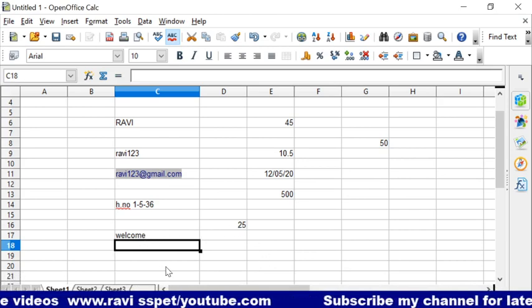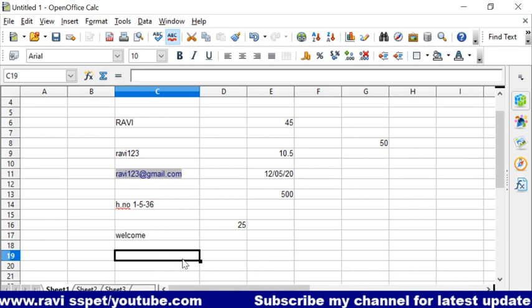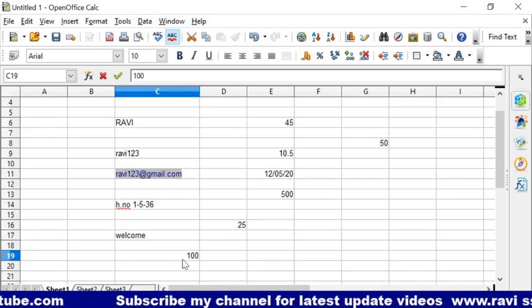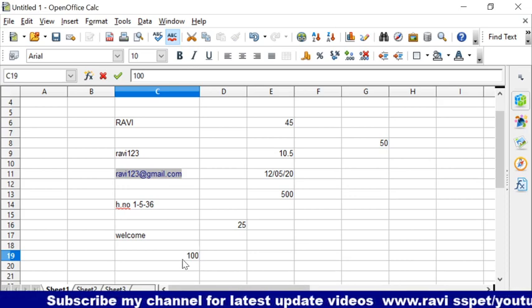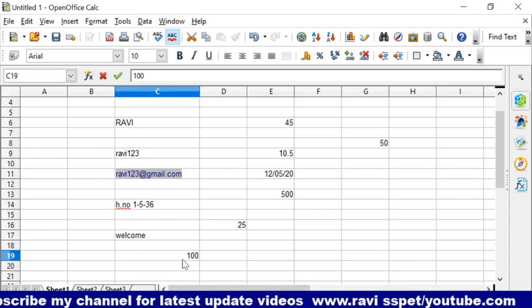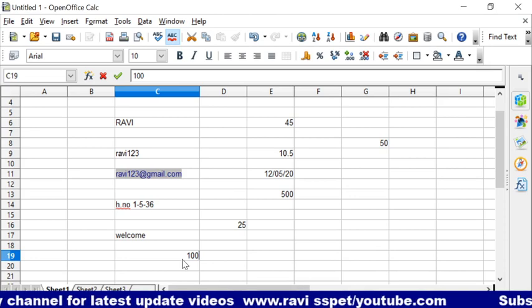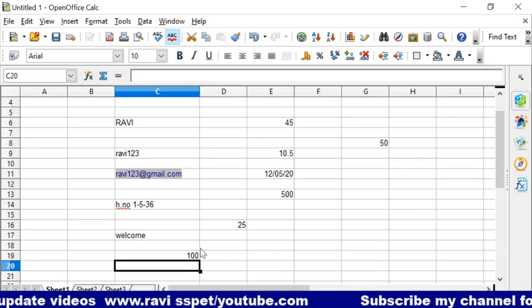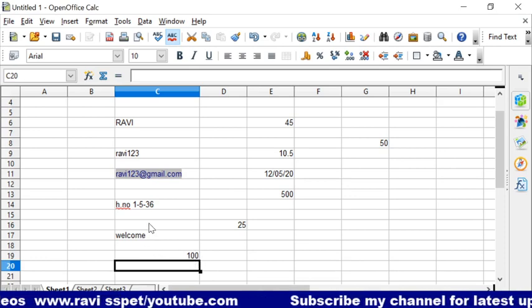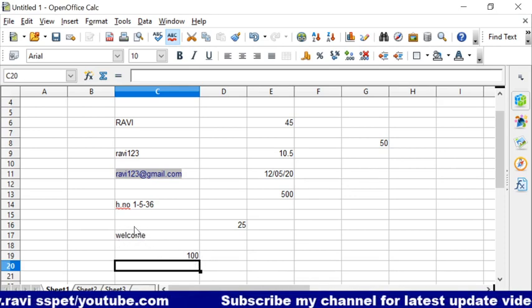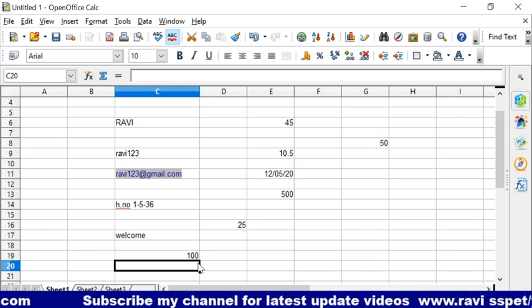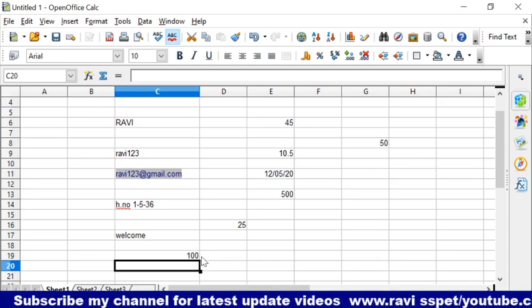Now in the next cell you enter a value, for example 100, and press enter. What happened? By default the alignment of value is right side. So this is by default right side, and for label the default alignment is left side.